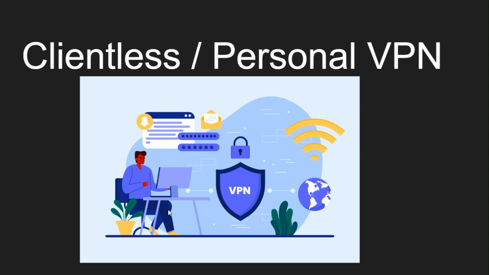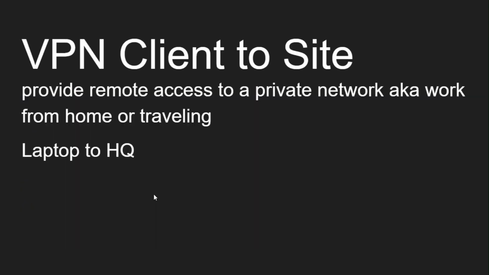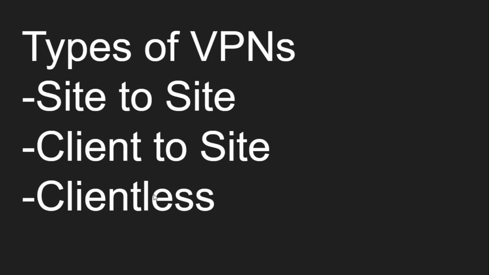So with that being said, guys, and I have a cool little picture here. This is some guy out there in the internet web space, so to speak. But nonetheless, we talked about those three types of VPNs. We gave some examples: site to site, clientless. Remember, client to site, also known as remote access. This is the work from home. Site to site, I talked about dedicated lease lines. Clientless, just think about that as on your own time, you're out in the coffee shop and you want to protect your data, so to speak. And those would be the types of VPNs.